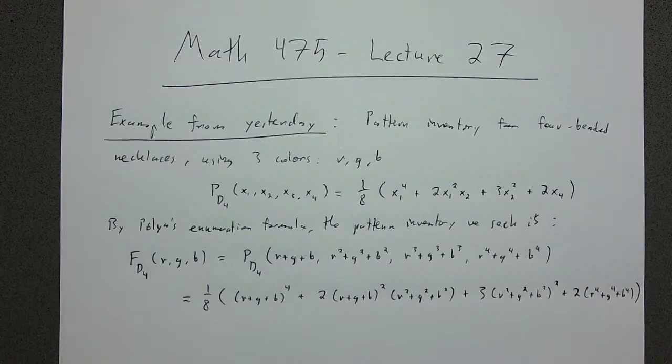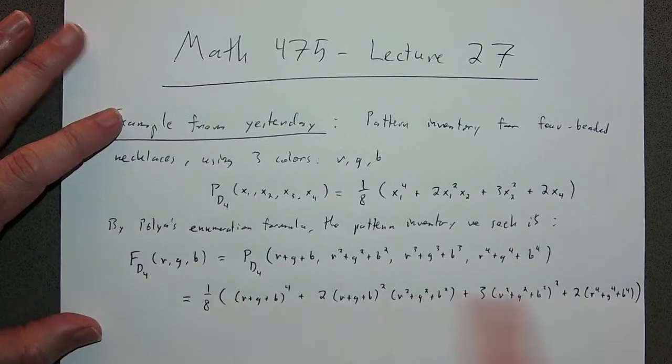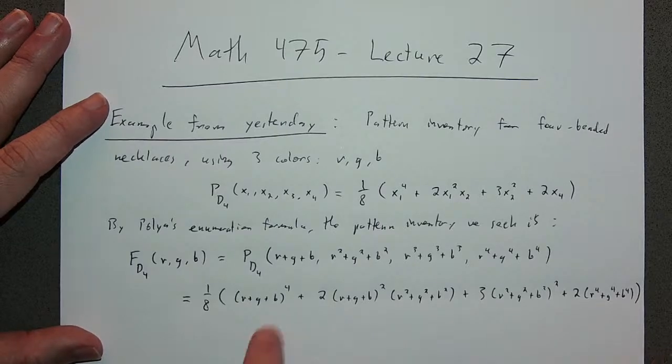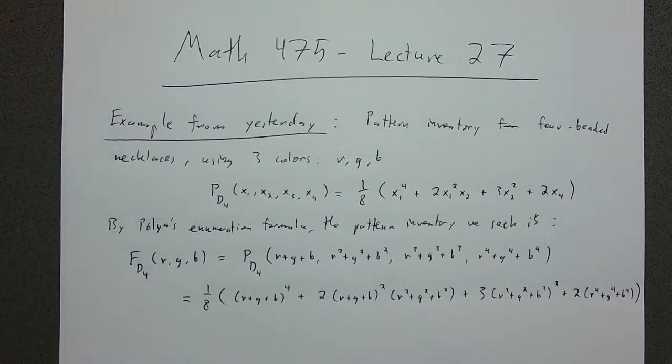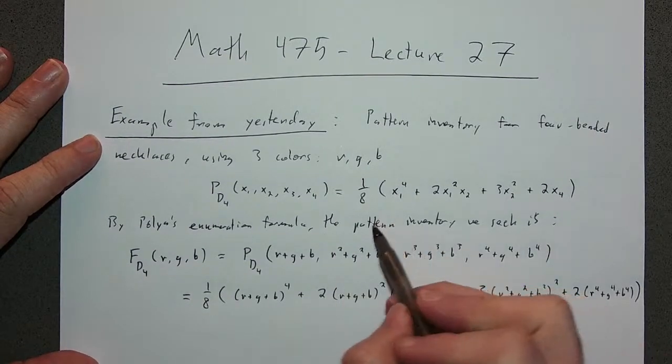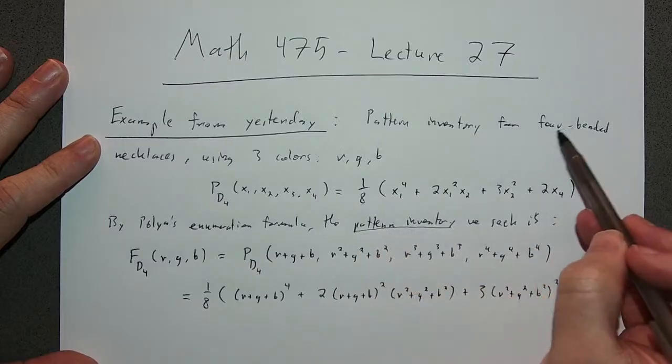And now, if I want to answer questions, if I want this to be a proper pattern inventory where I can actually just read off the coefficients of all these powers, then I'm going to have to do some algebra here to reduce all this and make it reasonable. Notice I could use the multinomial theorem for this trinomial here to do this. With the multinomial theorem, I'm going to get something like Pascal's pyramid, if you like, right? And unpacking that would let me expand this thing in a nice way if I wanted to do it like that. One thing to check, though, if this is actually going to be a pattern inventory for 4 beaded necklaces